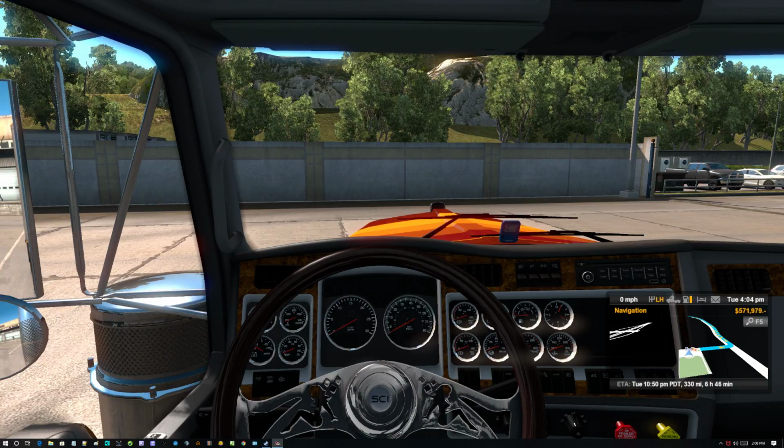While I was here, during my break, I was looking for a load that would take me to Bakersfield, California, because I know there's a Kenworth dealer there. But I couldn't find any loads, so I rested here in Oxnard, and I took a cab over to Bakersfield, and I bought myself a new truck. So this will be my third truck in this new version of 132. I arrived here in a Peterbilt 579, in my company colors, in my company name and all that. So I went and I purchased this Kenworth